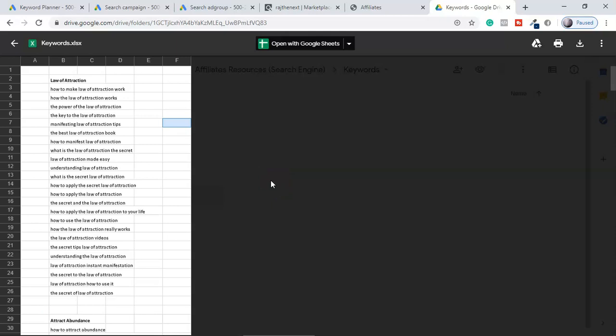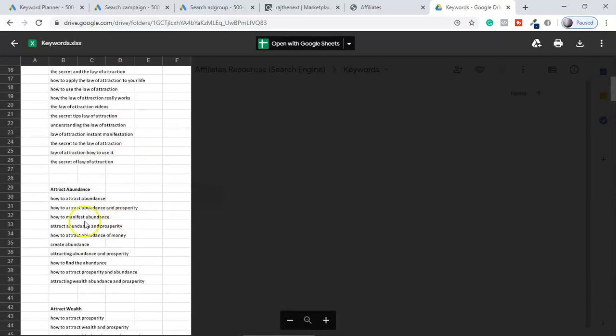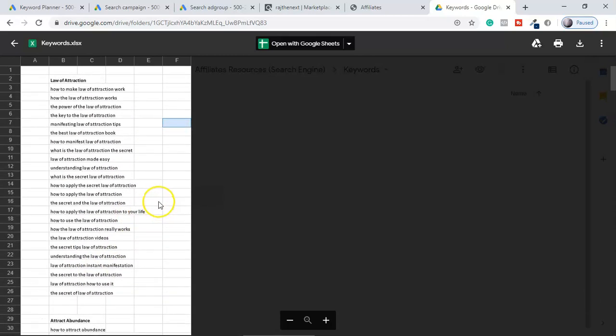Keep it relevant and one variable at a time, guys. That means give your ad one angle always. You can use a few keywords from here, a keyword from there. But when you create a landing page, especially with a Google search ad, your landing page should speak about the law of attraction, how to make the law of attraction work, that kind of keyword. If it is not there, your Google search ad is not going to run, as I already showed you. So one angle, and keep it relevant.